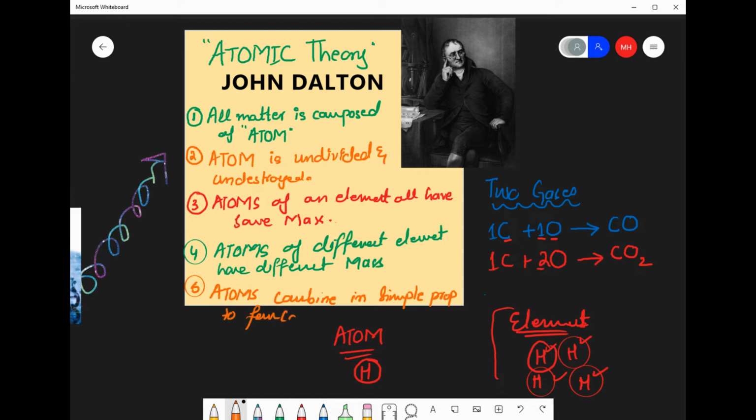So there are 5 points of atomic theory, and it was proposed by John Dalton. But actually, what did he do? He brought together the works of all the scientists and made these 5 points. Even though some points of this theory are not correct, it helped other chemists to investigate further, and from here we have to investigate more.